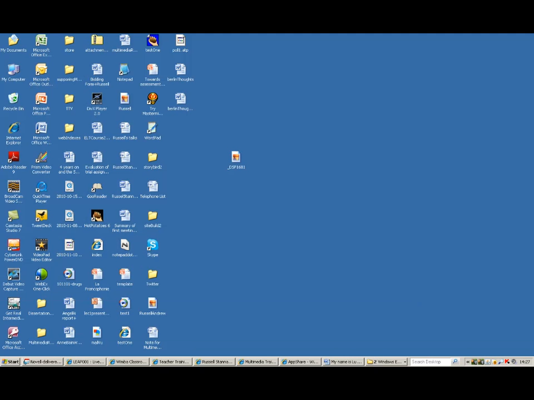I'm just going to show you Jing. Jing's here at the top of the screen. When you download Jing, Jing's just a teeny weeny piece of software. It always sits up here once you go to your programs and open it up. If not, you can always find it in your programs. Sorry about that.